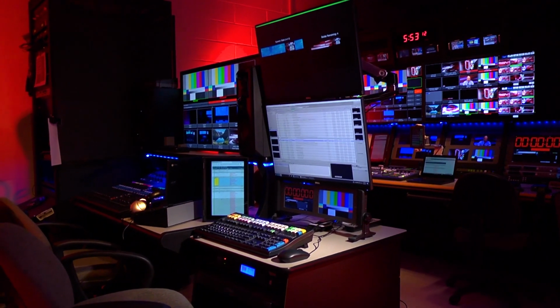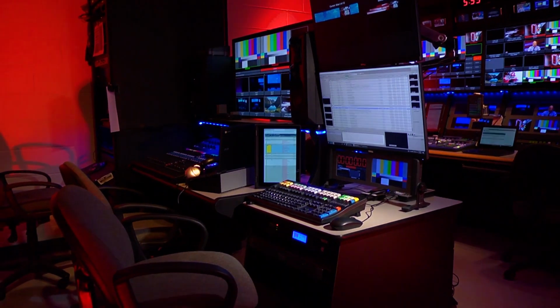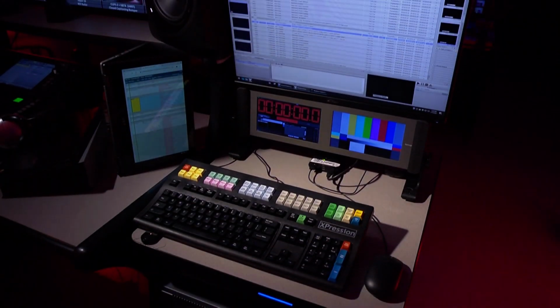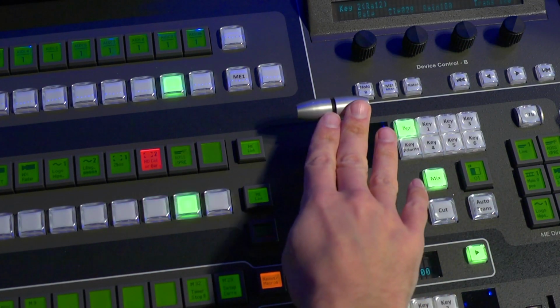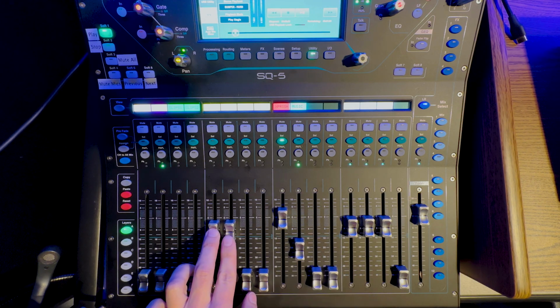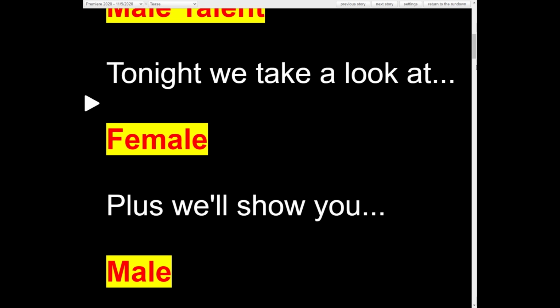This video will show you one way to accomplish creating a live tease from within a TV control room environment. This task will require the cooperation of 4 key stations: the character generator operator, whose job it is to make sure the correct graphics appear on air, the technical director, responsible for switching and compositing video sources, the audio engineer, whose job is to mix the audio, and the teleprompter operator, who will make sure the talent read the correct